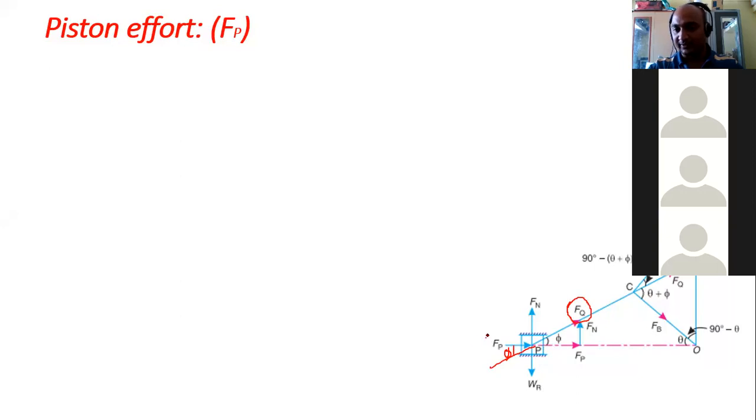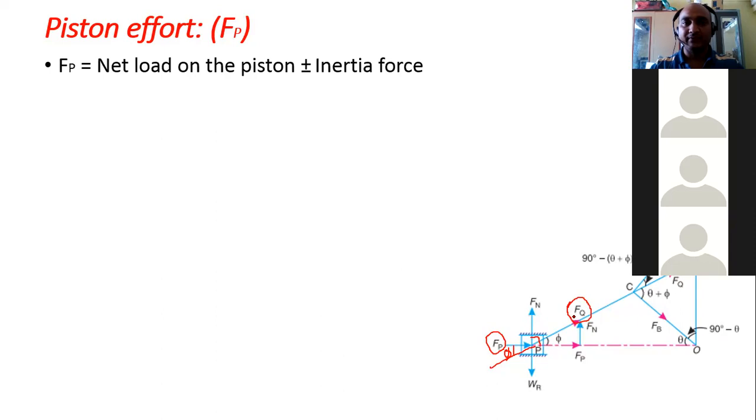Let us assume that FQ is the original force along the connecting rod. Then this FQ is divided into two components, one is Fn and second one is Fp, two perpendicular components, right? So we can write the equation on the basis of this assumption. Fp is equal to Fq cos phi. You can see that there are two components, one is cos component, one is sin component. Fn will be equal to Fq sin phi. On the basis of that, we can write the equation for this Fp.